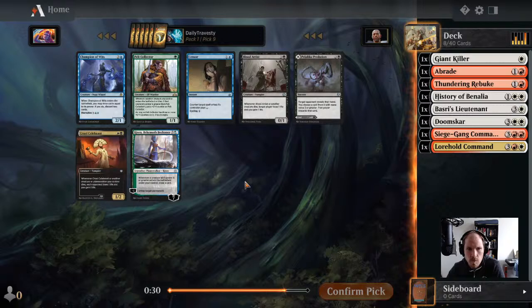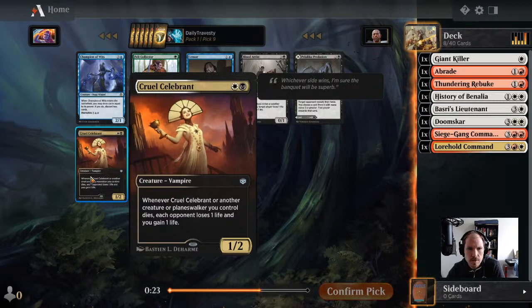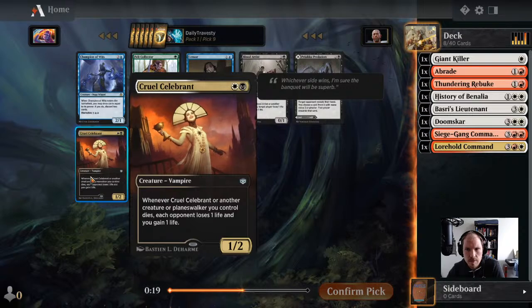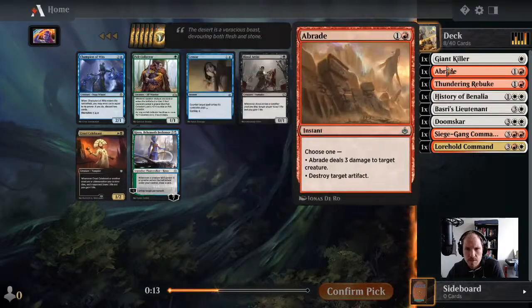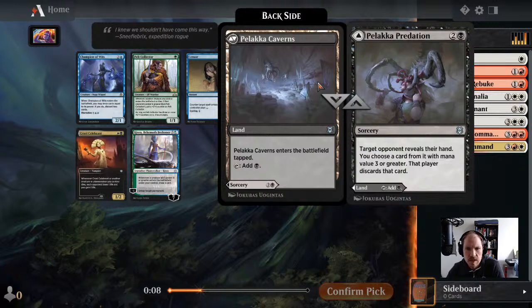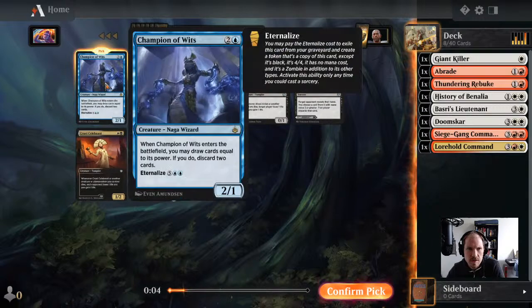Okay, so no red or white cards here. I think for that reason, are we just supposed to take Cruel Celebrant in case we're a white-black deck? I think Champion of Wits is the best card, but I don't know if we're blue-red ever. Splashing white? We could just take this. Counterspell that cycles. Yeah, I'll just take...